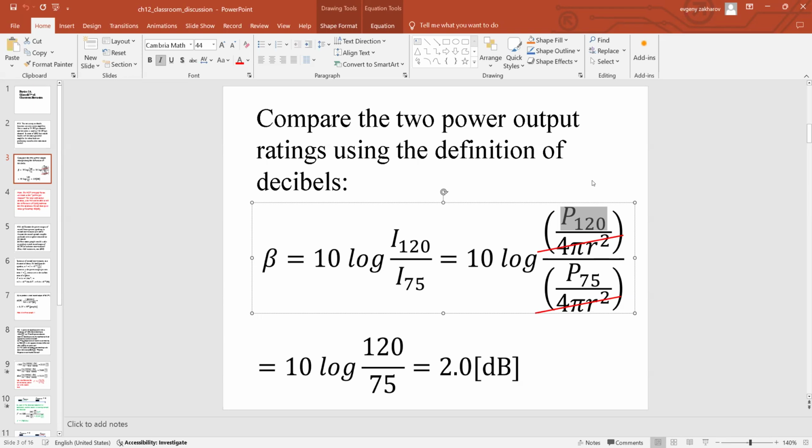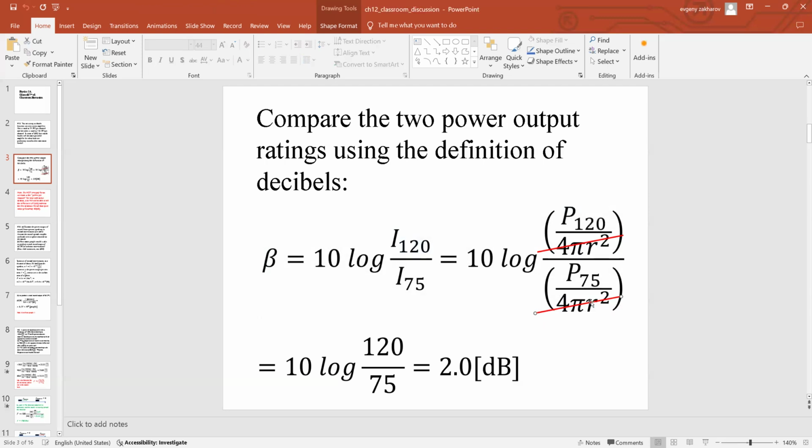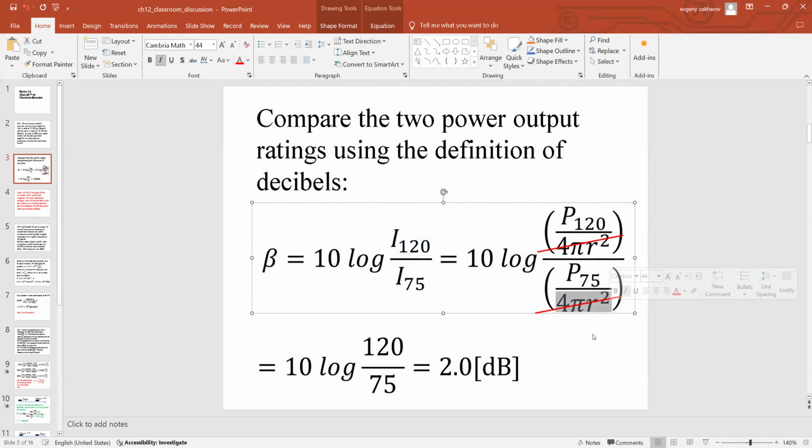Remember, it's 2 pi r for the circumference. Pi r squared is the area of a circle, but this one is not a circle. It's not a two-dimensional geometry. It's the surface of a sphere. So 4 pi r squared. And it's the same sphere for both amplifiers. You have two amplifiers to compare, so you put them in the same spot, and it's going to be the same imaginary sphere with a surface of 4 pi r squared, r being the distance between the